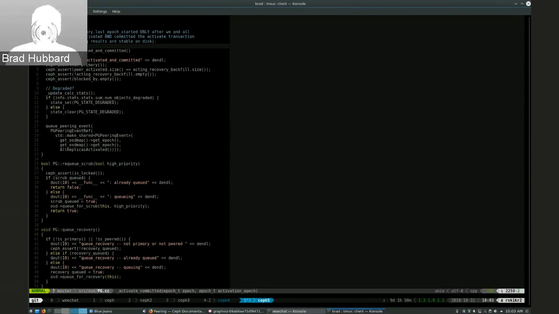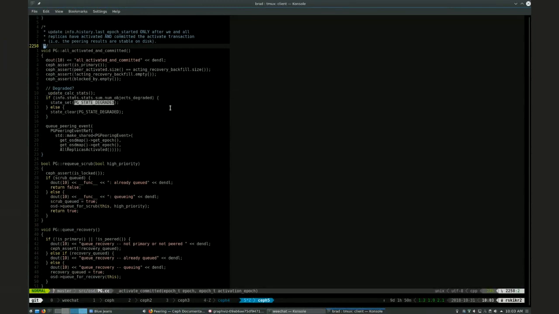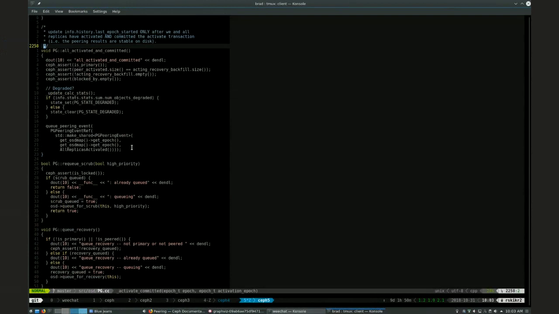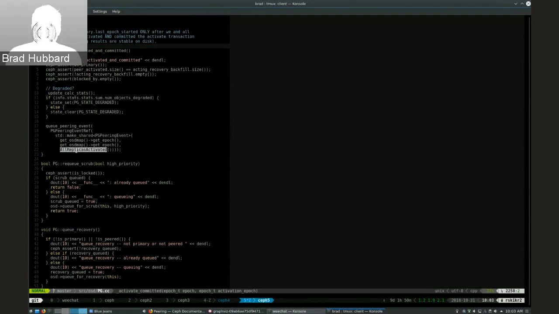So we do some checks. Make sure we are not degraded. And then we queue an event, which is all replicas activated. So if we look at that event,